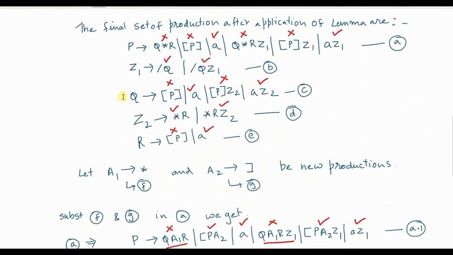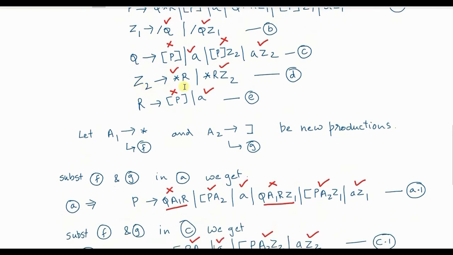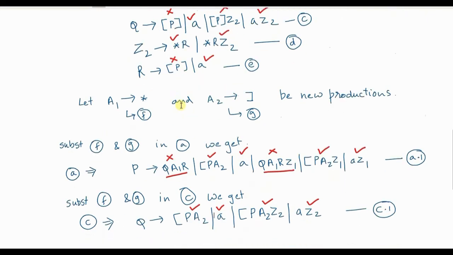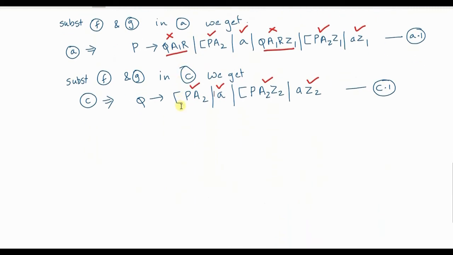So third C, this is solved. Now Z2, that is production D, you don't have to do any replacement. But here term E, the production E, there is one term which is not in GNF, so you have to do the same replacement in E. Okay, so again I will say substituting F and G,